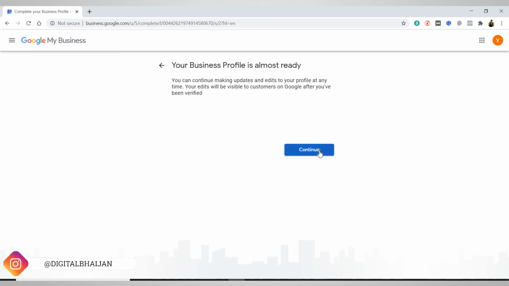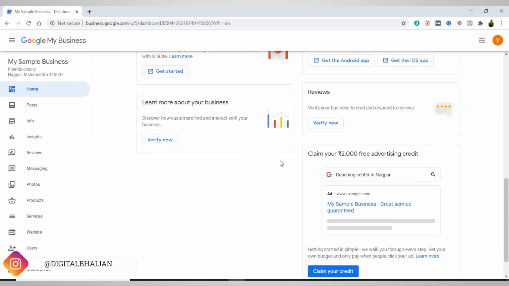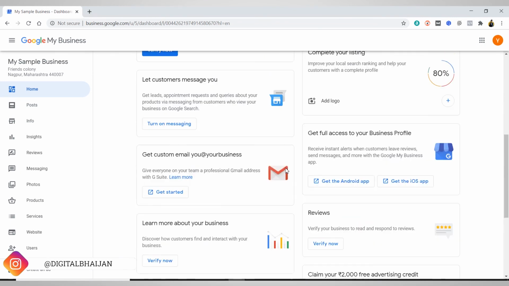So let's see how it looks. Continue. This is a dashboard, you can say a backend of your Google My Business account, and these are the tabs. This is the home screen where all the information is summarized.